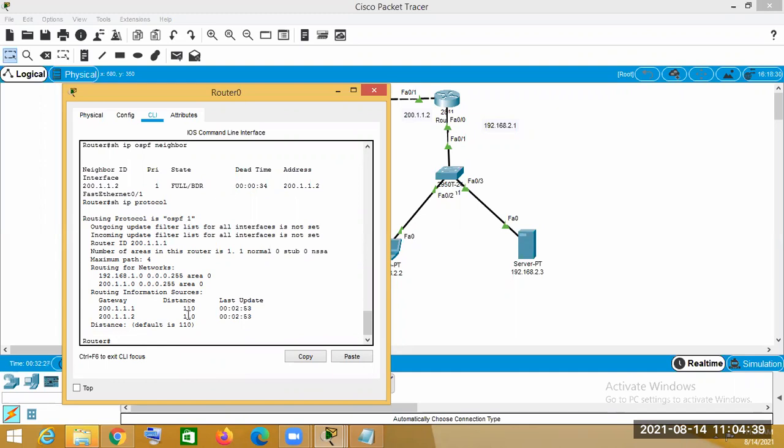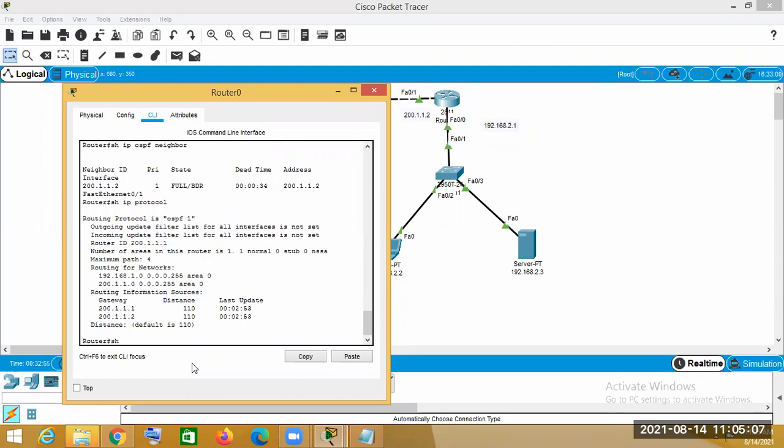And you see the default administrative distance will be 110. When I was explaining the theoretical part, at that time I said that the distance will be 110. So you see, the default distance is 110. So that's how we can know what protocol is used.